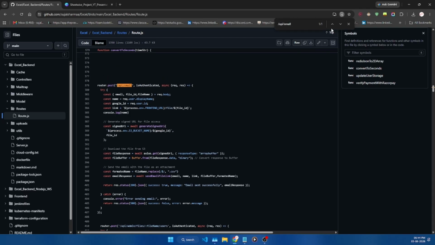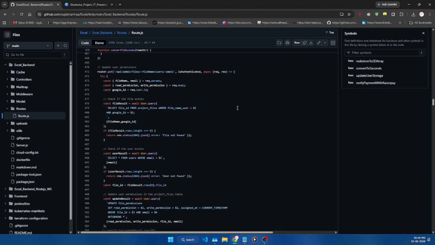Let's now move on to the sharing, emailing and token access routes. So the first one is API/email. The purpose of this route is to send a copy of the spreadsheet via email. It generates a single S3 URL, uses Axios to download the CSV into an array buffer, converts it into a Node.js buffer, and calls the Mailtrap controller to send an email with a direct app link and the CSV attached as a binary. Alright.